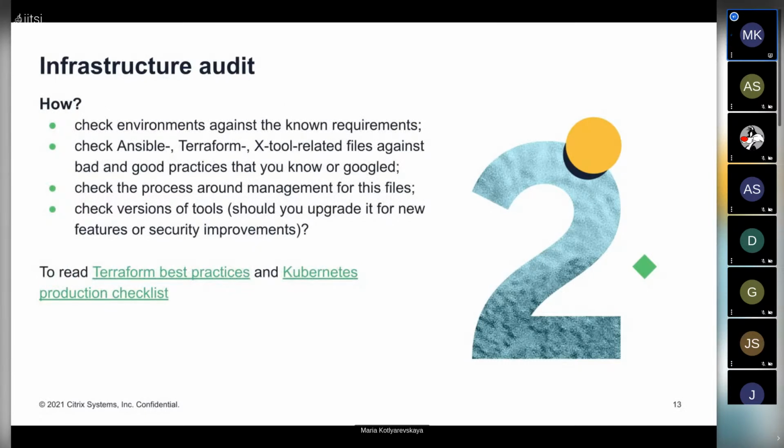In some companies they use only Ansible. In some companies, it can be only Terraform because they work with clouds only, or it can be another tool like Puppet, Chef, or something else. Of course, if you have some defined requirements, you can start from this point.